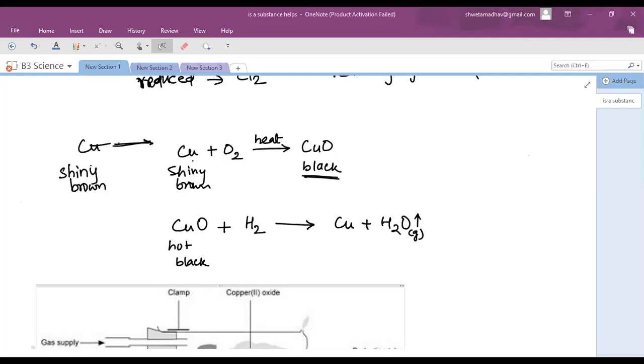Ma'am, CBSE board questions? Yeah, CBSE board questions. Ma'am, in the question that you gave, how to obtain shiny brown color back from the above reaction? We'll have to even explain the equation after writing it. Yes, you have to explain. Okay, ma'am. So is it enough to just write that if you heat copper oxide and then pass hydrogen gas through it, then you will get the shiny brown color, which is copper back? Yes, right.